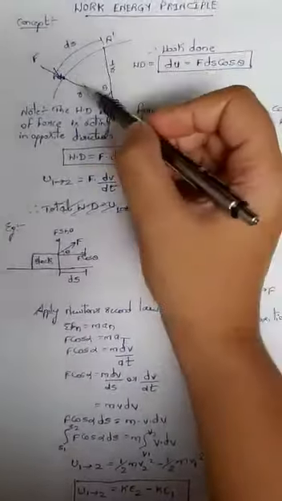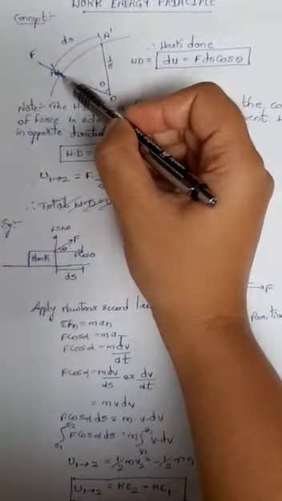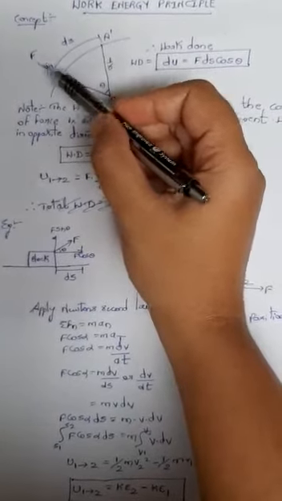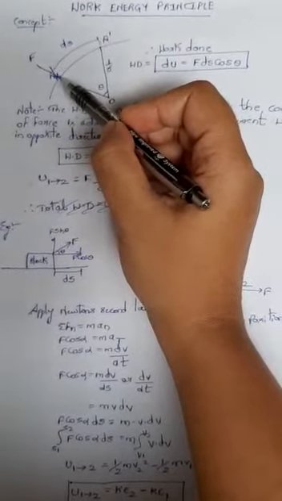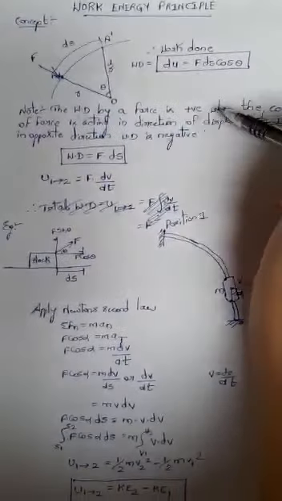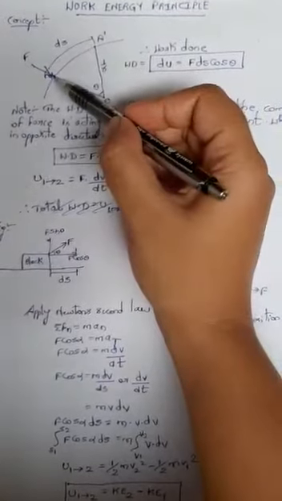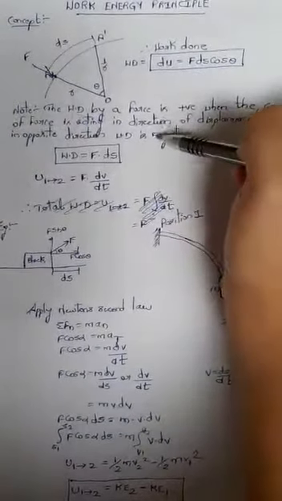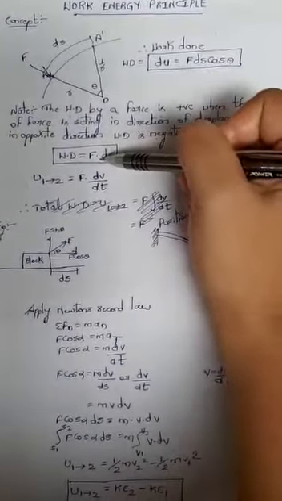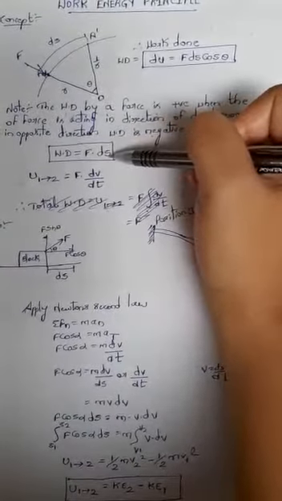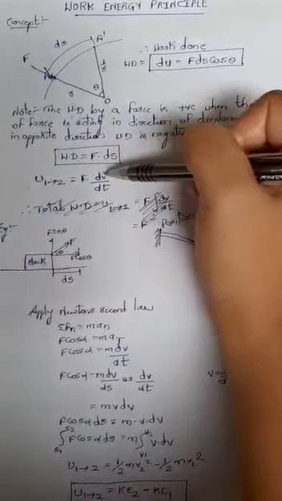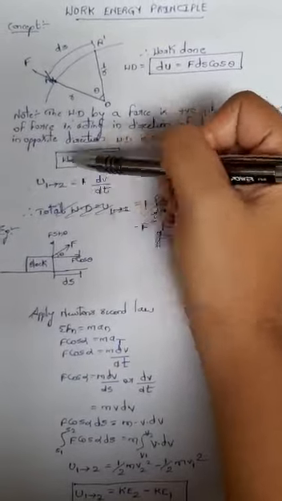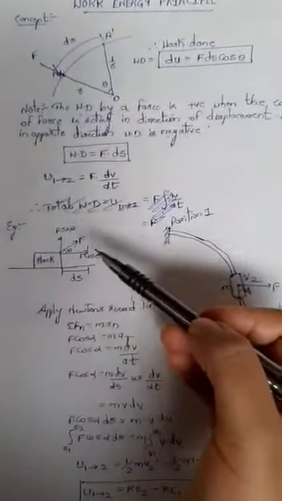Now one more point to be remembered here is whether the work done is positive or negative. So always remember in which direction the force is applied. If the displacement takes place in the same direction, then our work done will be positive, and when the displacement takes place in the opposite direction of the force applied, then the work done is said to be negative. Therefore, work done can be defined as the product of force multiplied by displacement from position 1 to position 2.